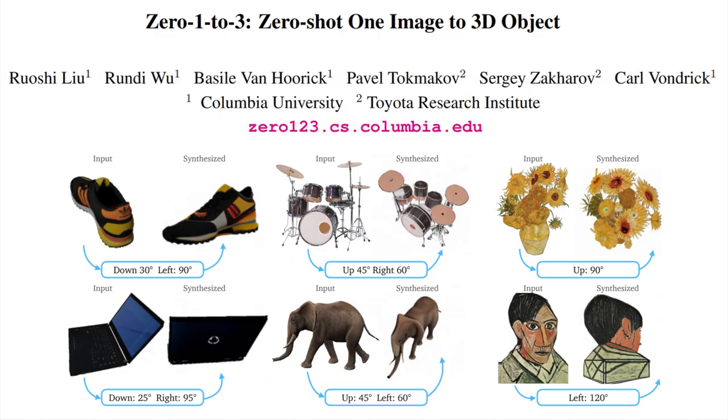And Zero-1-2-3. The naming is very fancy, right? Zero-1-2-3. Zero-shot, one image to 3D object. So one image to 3D object, you can understand, right? That we have only a single image, and then we want to lift it to 3D space. Zero-shot means,